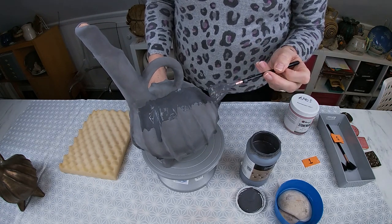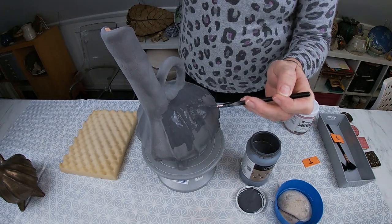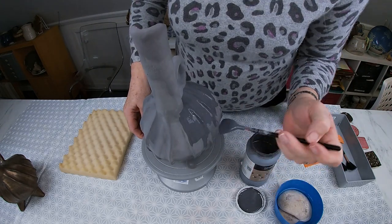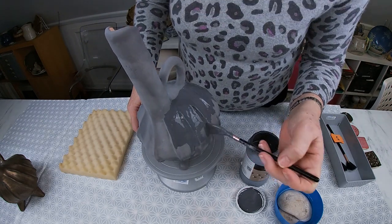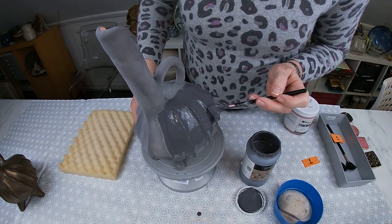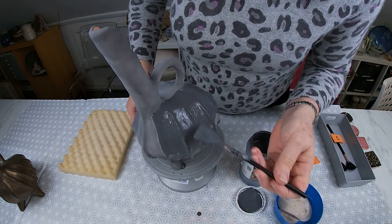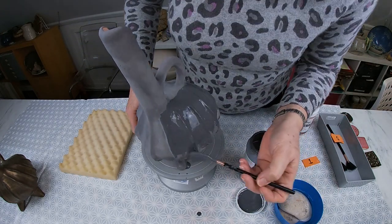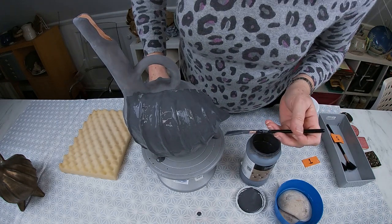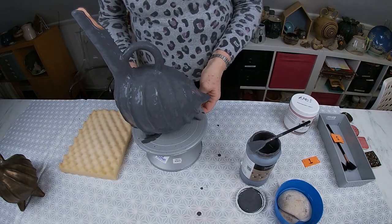I hope you're noticing how many times I re-dip my brush, and I'm just going to paint across the previous direction on this layer so that I get a nice even covering. It's slightly difficult with the fins, and that's why I'm laying it on and then slightly doing the fins as well. It's quite difficult to go across the fins. If I get a very large run, then I'm just going to sweep that off. But I want to make sure that I'm not putting it on in the same direction. So I'm going to continue with that over the whole piece. And again, I'll probably leave it to dry in the middle so that I can pick it up and move it. Right, so that's the second